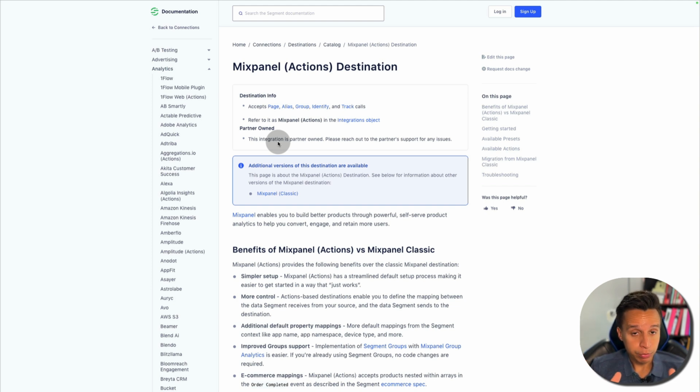And if you do a lot of the things properly, like naming things with the right event names, like order completed and the revenue property, then a lot of the stuff in the product itself tends to be very,